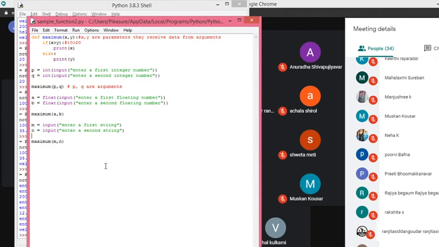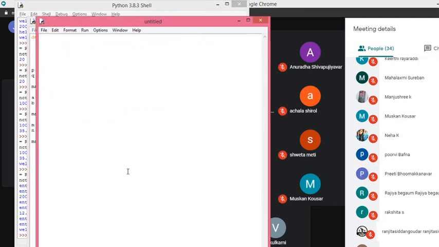Those outputs can be returned with a statement called return. With the help of the return keyword, you can return the output of the function to the caller. Now we'll see how to do that with one more function.